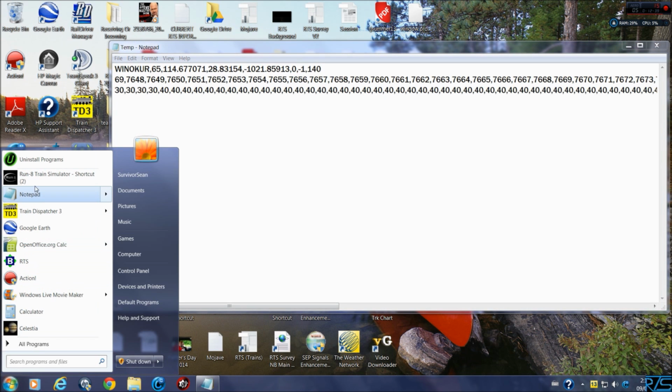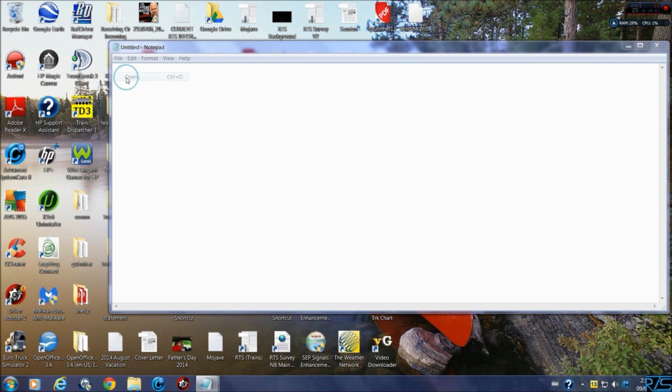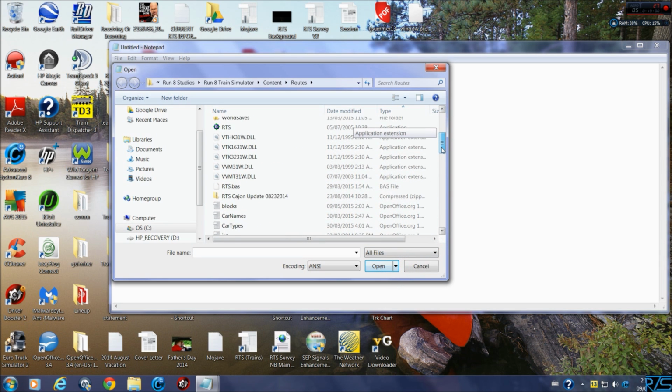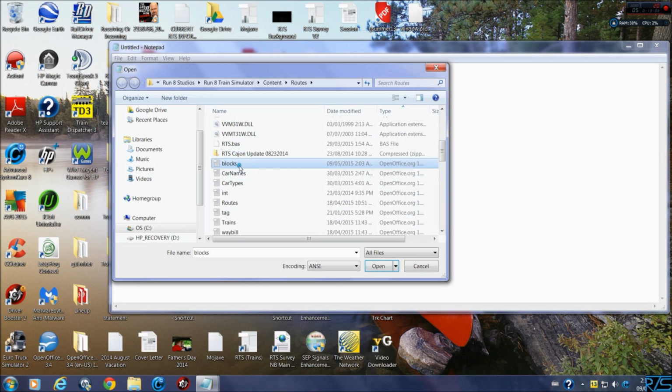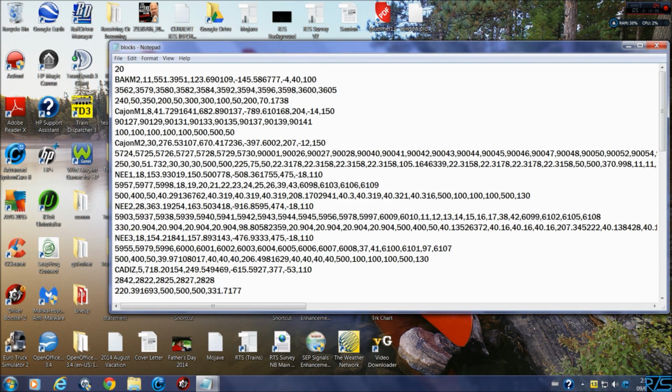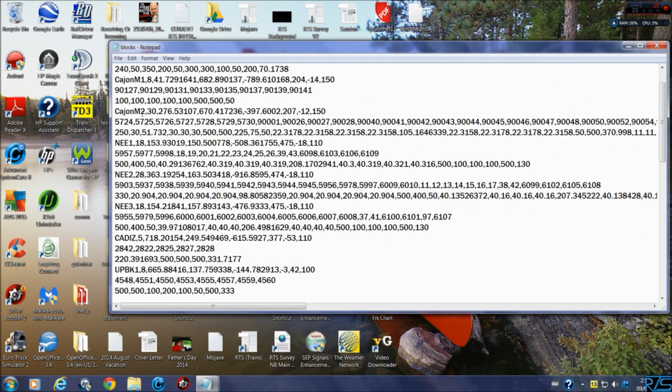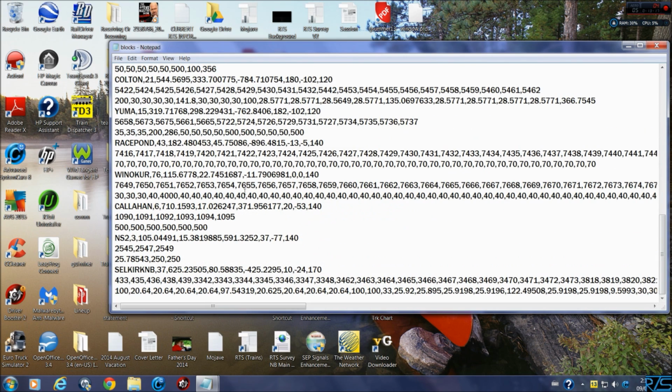And then when you want to go into your actual, to change this to the RTS file, you want to go run that as administrator. Yes. File, open. You're in your roots. Want to change the text to all files. And you want to go to your blocks file. So this is what your block file looks like. You still have to change this and update it to 21 if you're adding a 21st block. But right now that means there are 24 instances of block descriptions in there. And so what you want to do,